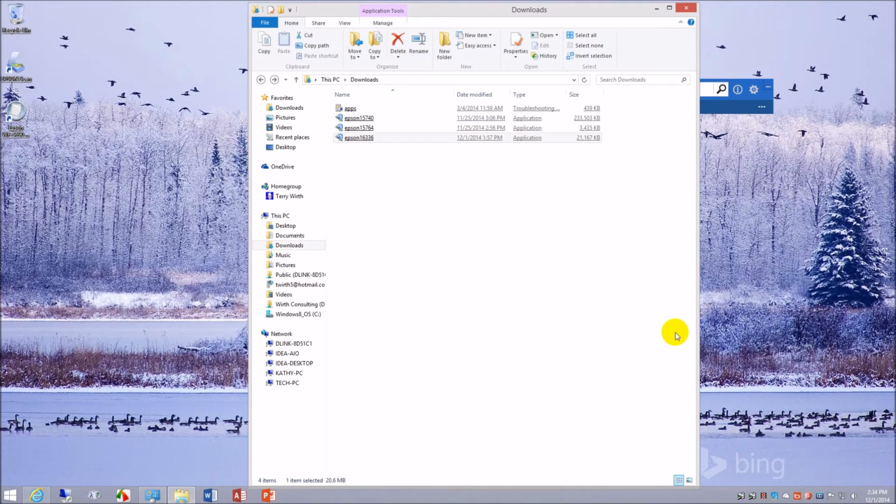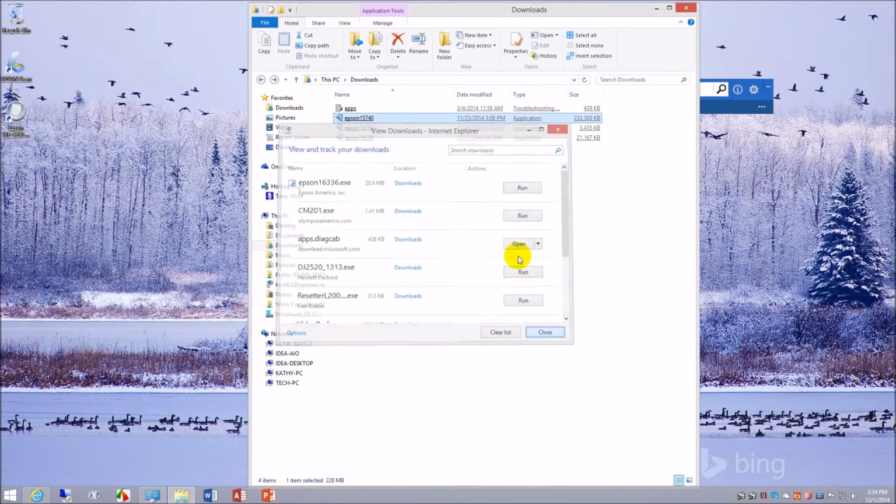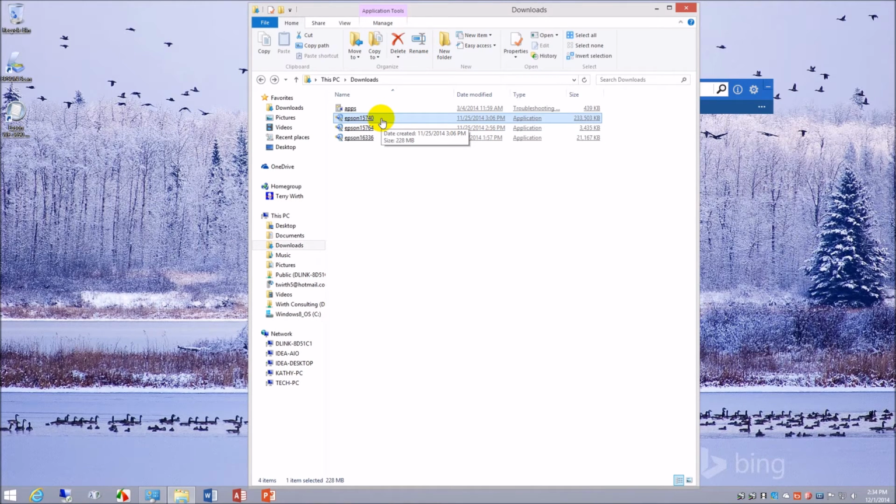All right, so the software has all been installed. It really wasn't too difficult. The first portion was waiting for the firmware upgrade and whatnot. Was a little pokey, but reasonably easy to answer all the questions. I don't think you're going to have any trouble with it. Most people, I can't even say most people, but keep in mind that you need to install either the Postscript 3 package, the Escape P2R standard package, and the PCL and Postscript print drivers in order to take advantage of everything that this